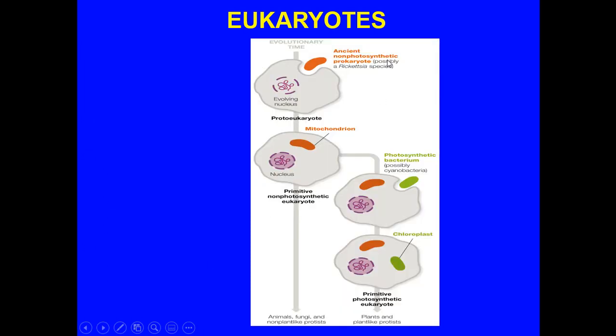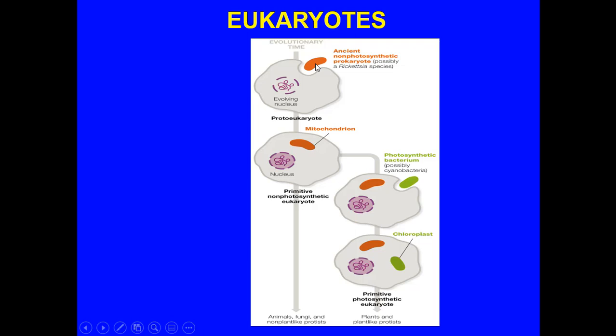So when we talk about symbiosis, that's really the process of cells or organisms living together. We have this formation over time, and we're not talking about 1 million or 2 million, we're talking about billions of years ago. One proto-eukaryote was starting to evolve a nucleus, a protective membrane around its chromosome structure. But meanwhile, it engulfed an ancient non-photosynthetic prokaryote, maybe something in the Rickettsia species. And as it engulfed it, instead of consuming it, they set up a living arrangement.